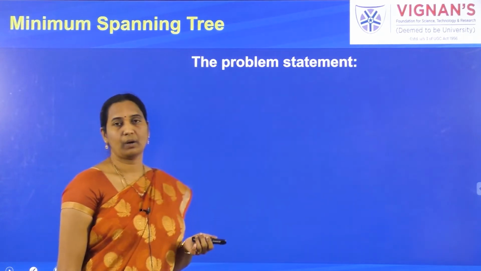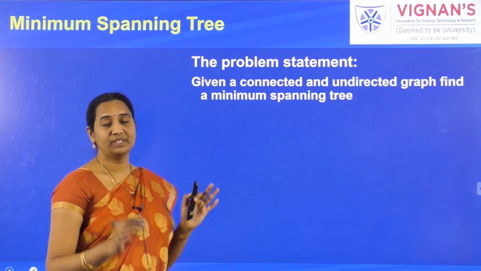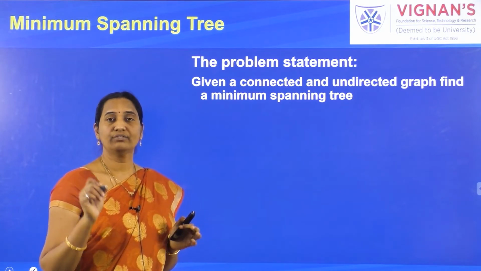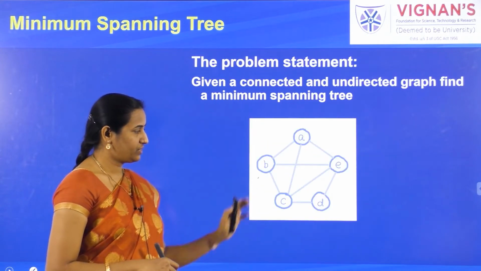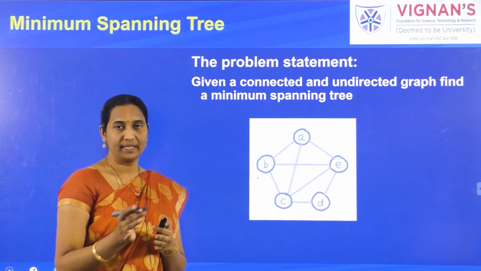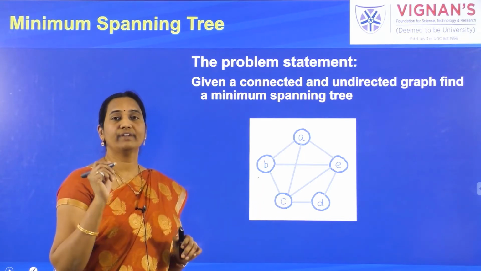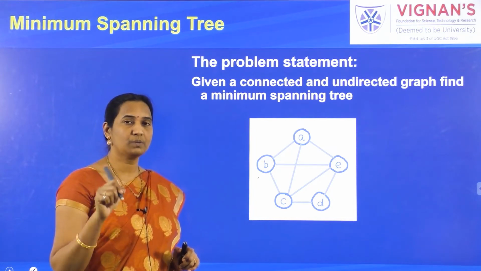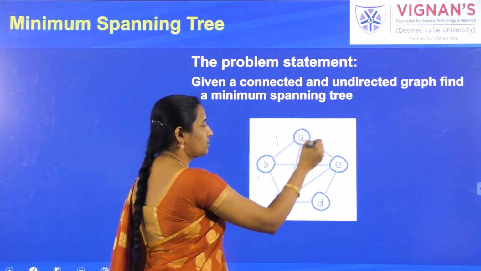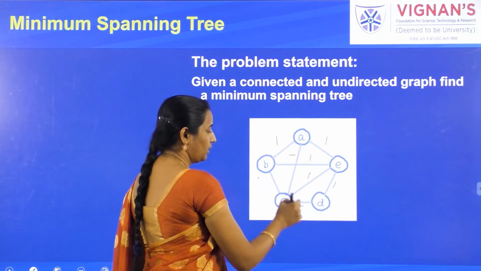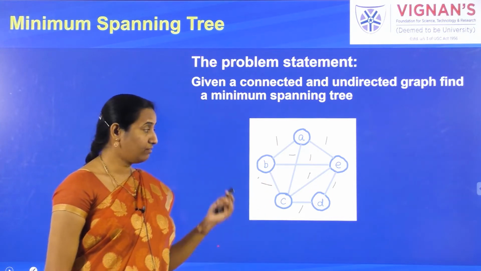Now let's have a look at the problem statement once again. You will be given a connected undirected graph, and the objective is you need to find the spanning tree with the least cost. So that's what the problem statement is. Say for example, given this graph, you need to find the spanning tree with the least cost. But here the weights of the graph are not given, but you will be given the weight for every edge in the graph. Then only it is possible to find the weighted spanning tree. When the weights are not given, maybe you can treat the cost of the edge as 1. Assuming that the cost of the edges are 1, you can find the minimum spanning tree for unweighted graphs.